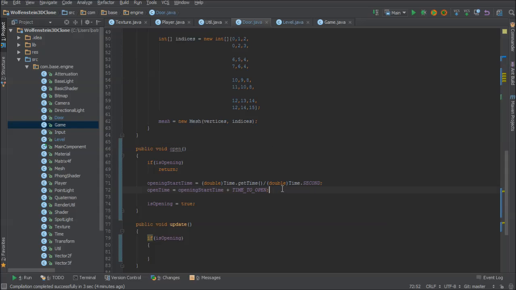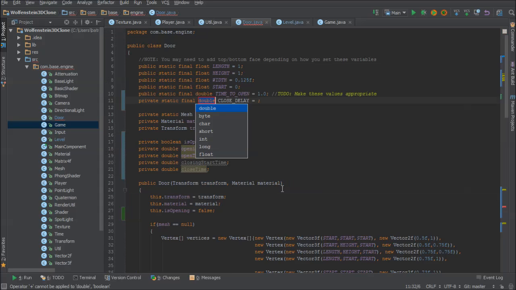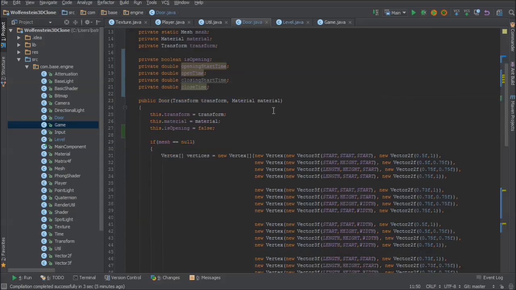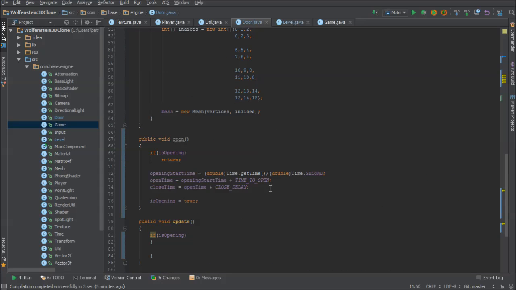So, there. Now I know when the door is open. Now, close time is going to equal whatever time it opens at, plus, I'll say, close delay. And we'll make that a constant. Again, public, because I don't have a good reason not to. I'll make it 2 seconds. And again, I'll need to make that appropriate. And finally,